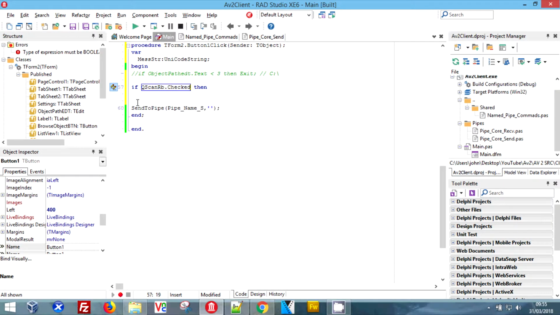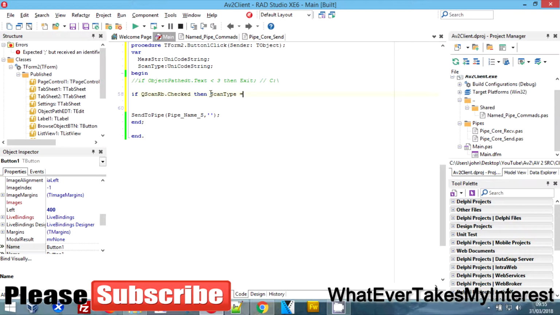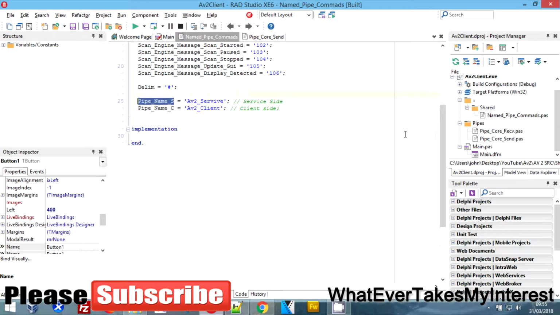And now we can return. So what I'm going to do is comment that line out for a second. I'm going to move it. So we're going to do an if: if Q scan RB dot checked, then